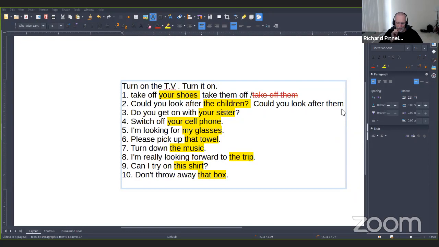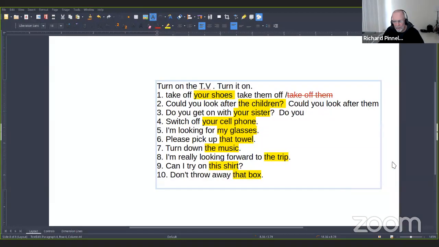So number 3. Who's got the answer to number 3? Anybody? Has anyone got the answer to number 3? Who's got the answer to number 3? Let's hide that.